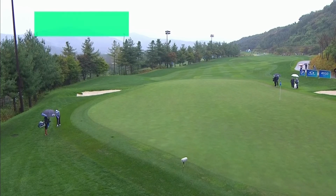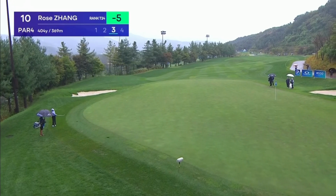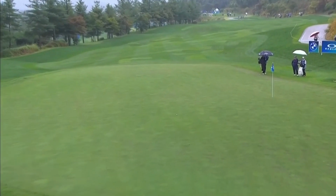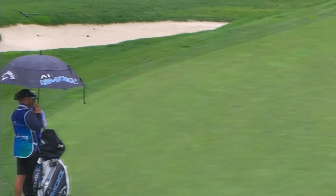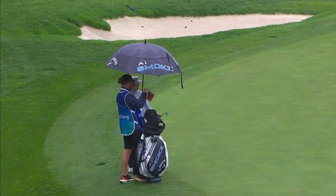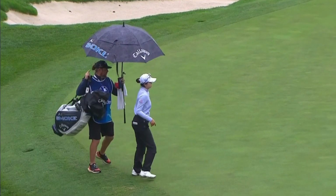10th, par 4. From just right of the green, Rose Zhang. Level par for the round, 3rd shot. Area of a game that she's been working hard on. Needs to hustle. Keep coming. Nearly. Got a few chips clean last week when I was out with her. Just a little bit kind of up and...